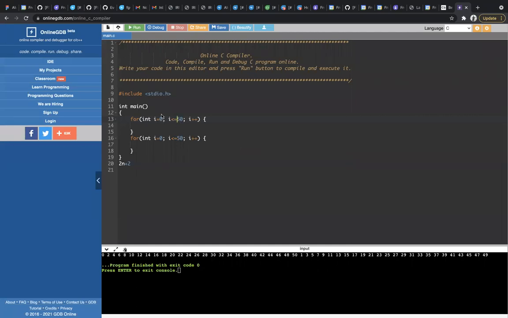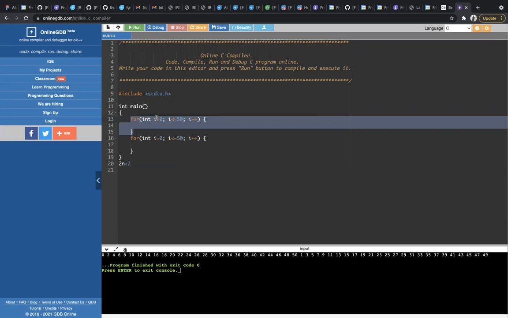Okay, it is less than or equal to 50. So I'm starting from 0 and i is less than or equal to 50. If I give less than 50, then it runs 50 times. I have given less than or equal to, then it is executing 1 time more than less than 50. So that means it is 51, right? You got clear how this particular loop is executing 51 times?